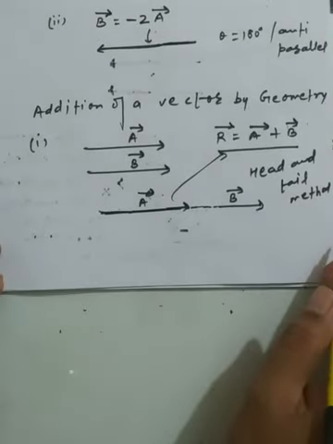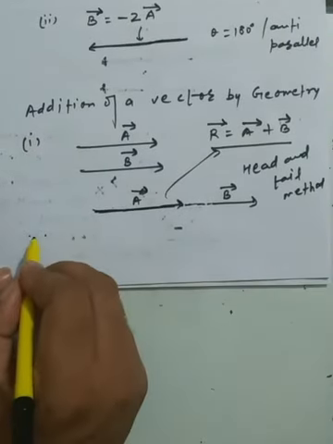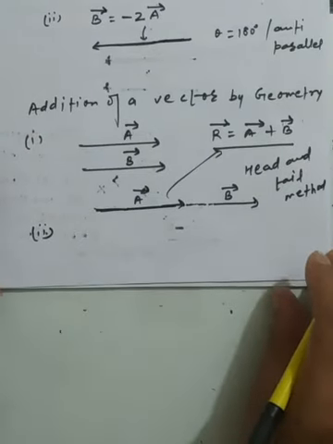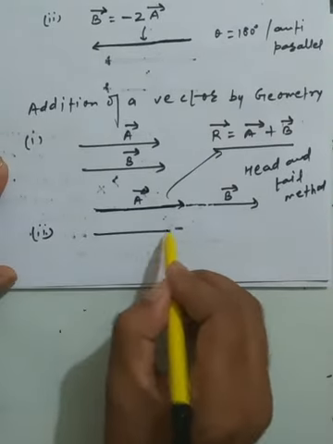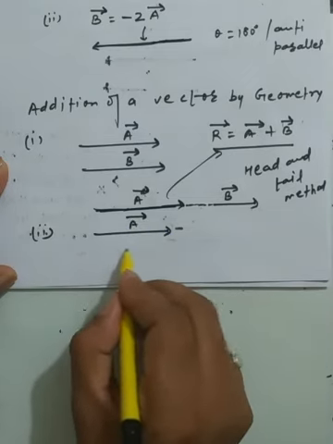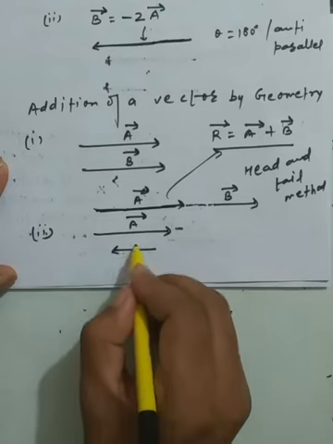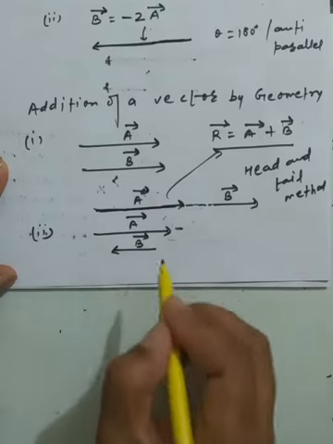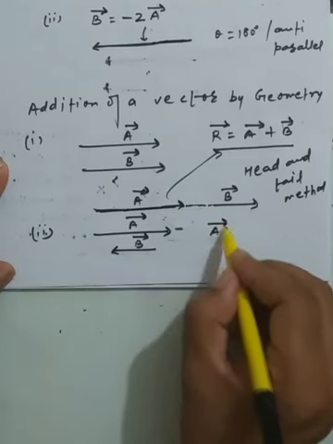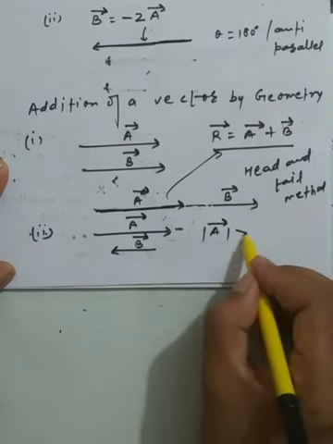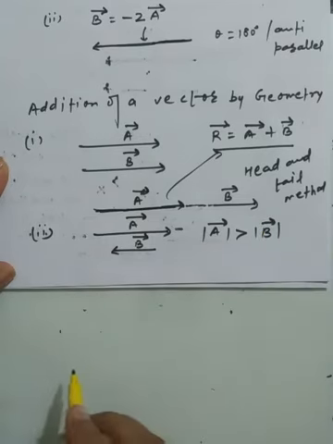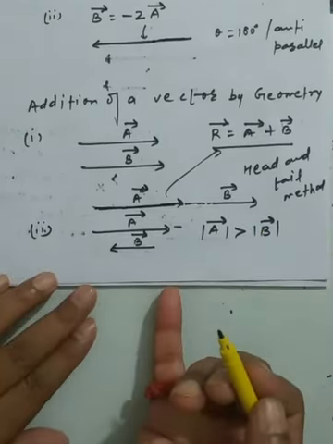direction. Okay, somehow we have the opportunity to resolve the vectors that are acting in opposite direction, and we want to say that suppose this one is a vector a we have, and we have the vector that is in opposite direction, and as per the notation the magnitude of the vector a is greater than vector b. Okay, so I am just saying that the magnitude of vector, that means modulus of a vector, is greater than the magnitude of b, and we have to represent the addition of them geometrically. So how can we sort out?